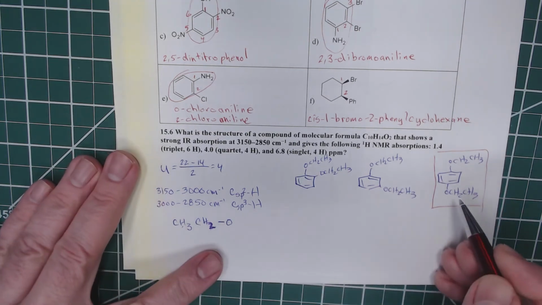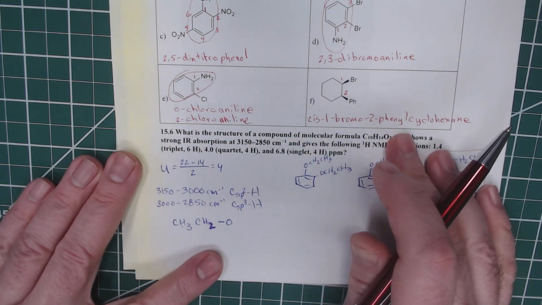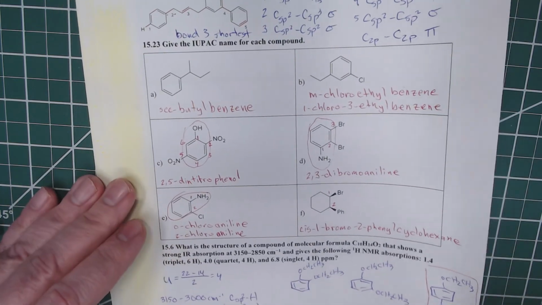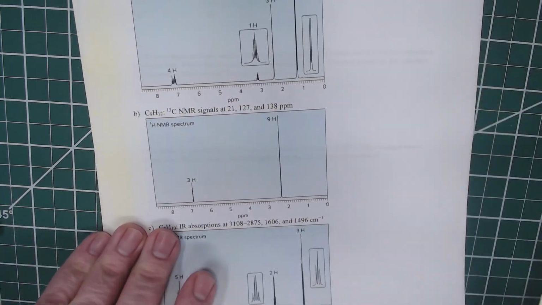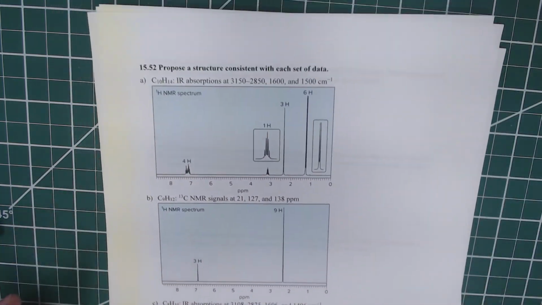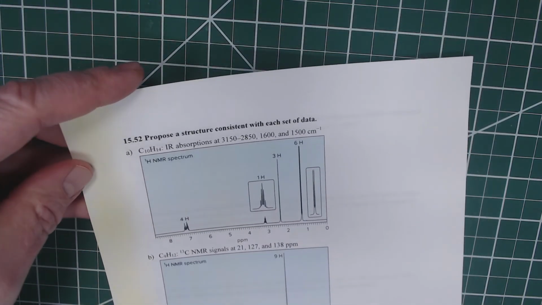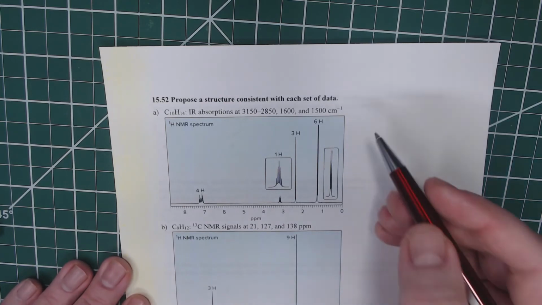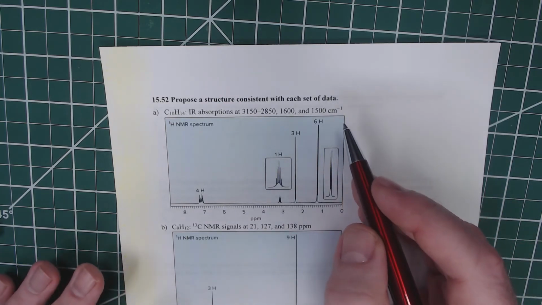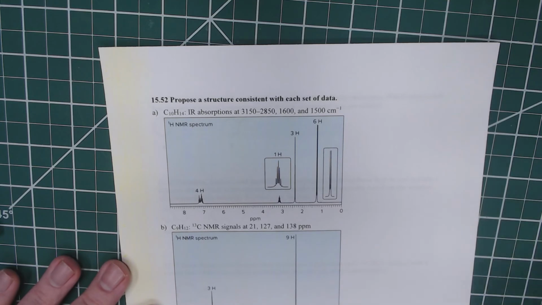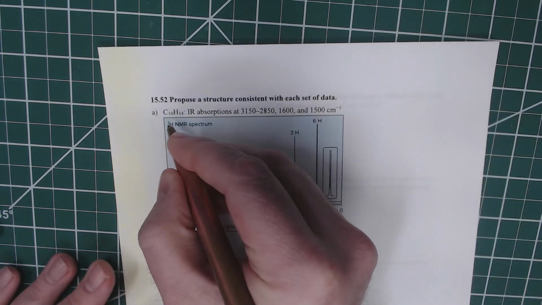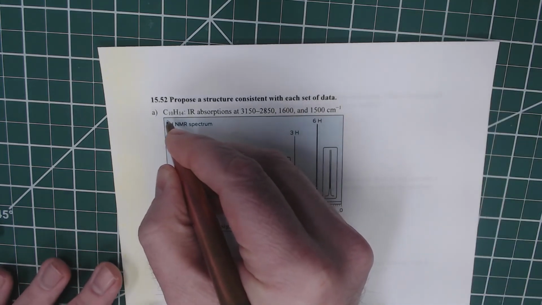So this structure is consistent with all the information that we have there. So we're going to also look at number 52, and number 52 actually has 3 problems on it. All right. We want to propose a structure that's consistent with each of these. All right, the very first thing I'm going to do on each of these is to determine the degree of unsaturation. On all of them, we're going to find the degree of unsaturation is 4, but we'll go ahead and